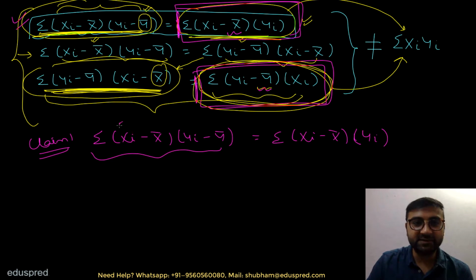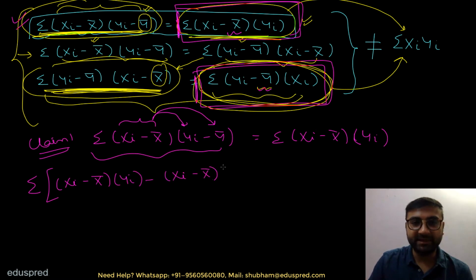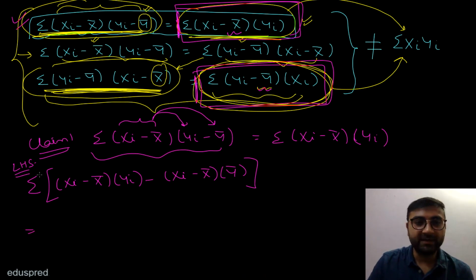Now this is the first bracket. So I'm going to multiply this with this and I'm going to multiply this with this. So this will become summation (xi minus x bar) multiplied by yi minus (xi minus x bar) multiplied by y bar. This is what we have on the left hand side. I'm starting with the left hand side and I'm going to show that this is equal to the right hand side. Now if I apply the summation sign on both of these terms, this is the first term and this